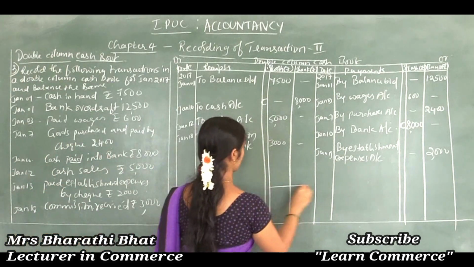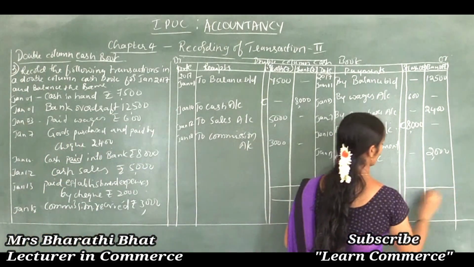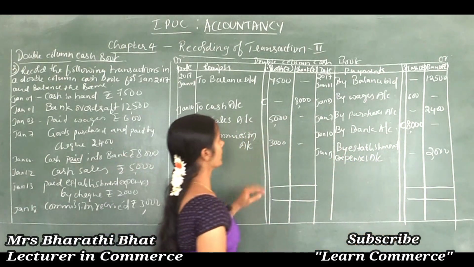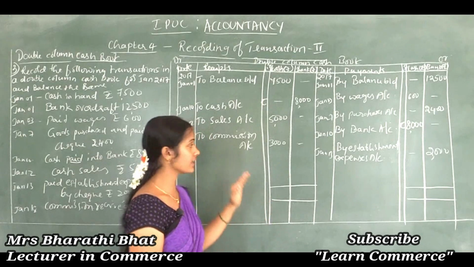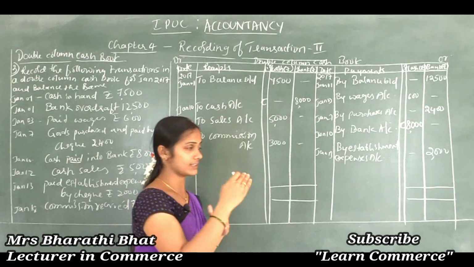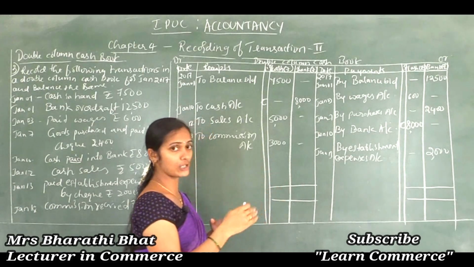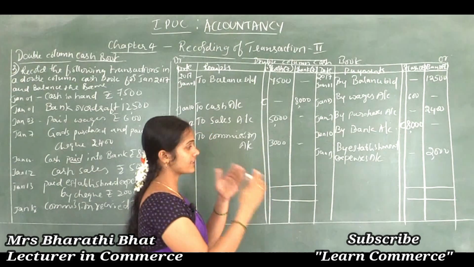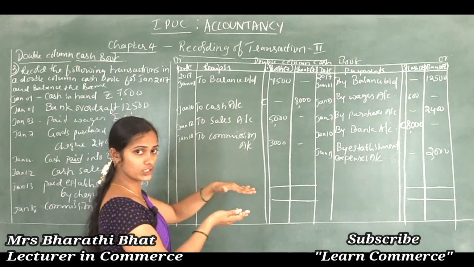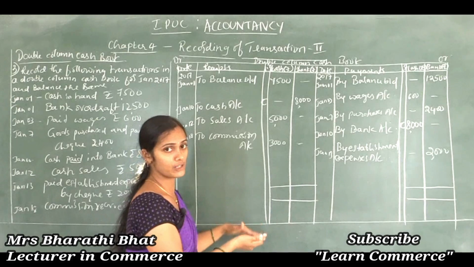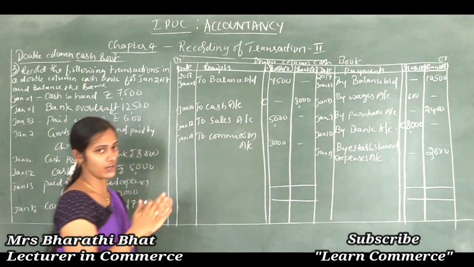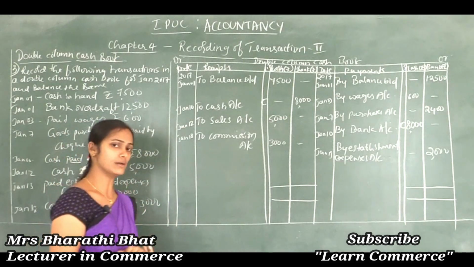Now what's the next step? Yes, totaling. Totaling must be in a straight line. Clear now? The greater amount, as per the instruction, should be recorded on both sides. On the side which shows the lesser value, there we need to balance the amount. The same amount should be brought down for the next month, with the carry down amount above the total column and the brought down amount below the total column. Carried down is always at the end of the month, brought down always on the first day of the month.